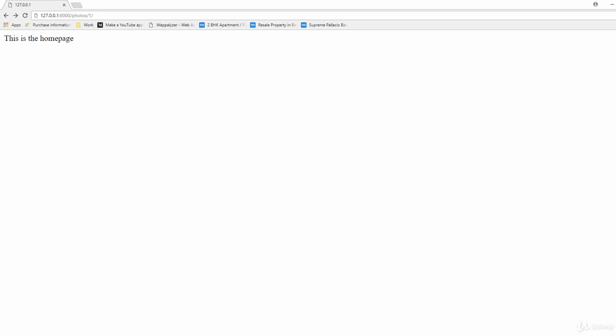Now let's open up our web browser. Here, you have to go to the photos URL, and when you hit enter, as you could see, now you have the names of your photos which are present in the database. If you click on the first photo, it's going to take you to the URL which says photos/1. If you go to the second URL, it's going to say photos/2, and it's actually going to display that this is the page for photo 3. So right now this is